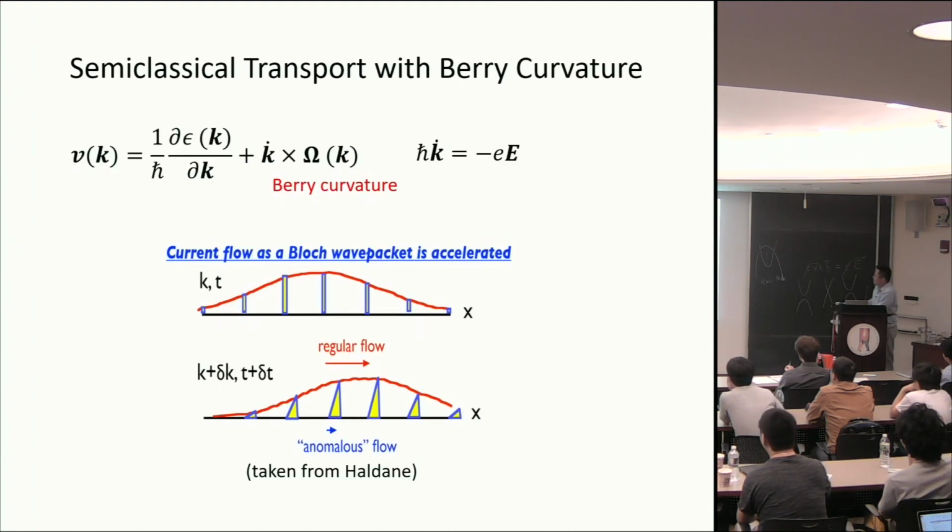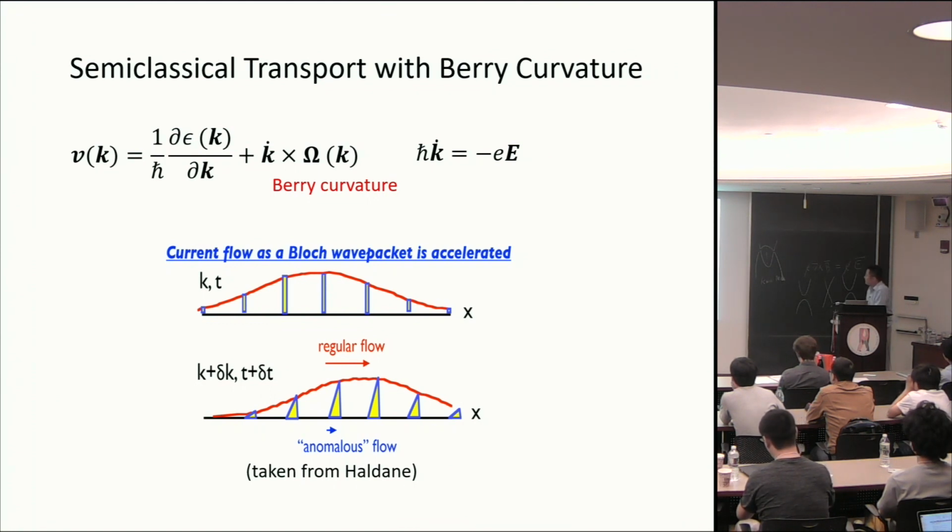So if you look at the semi-classical equation of motion for a wave packet, an electron moving in a crystal, the velocity is not only given by the derivative of energy with respect to k, but there's an additional contribution to the velocity that is related to this Berry curvature. This is a cross product between the Berry curvature and the time derivative of momentum. So it turns out this anomalous velocity underlies all these interesting phenomena of the anomalous Hall effect, of the quantum